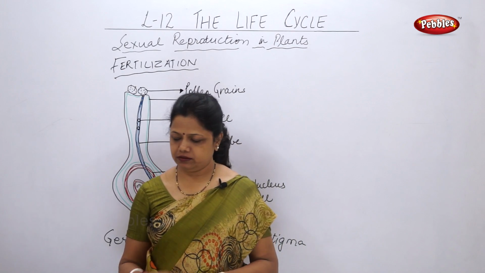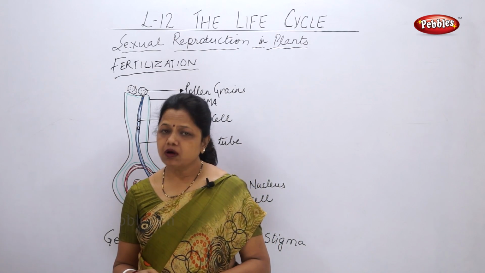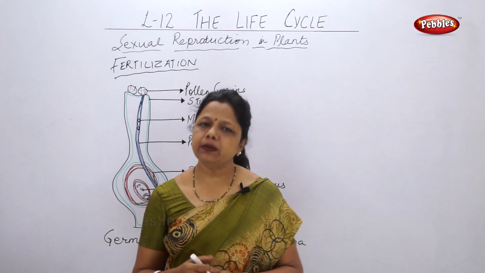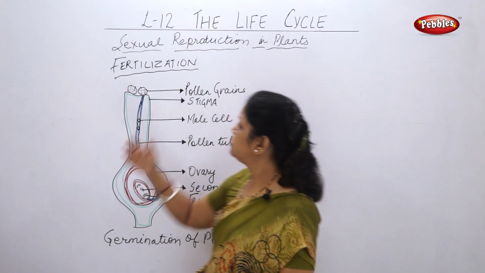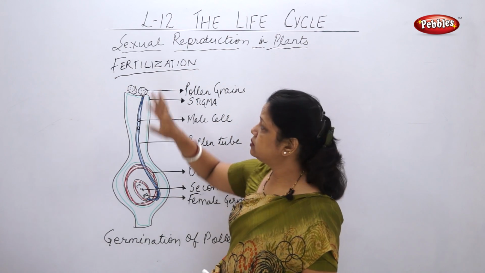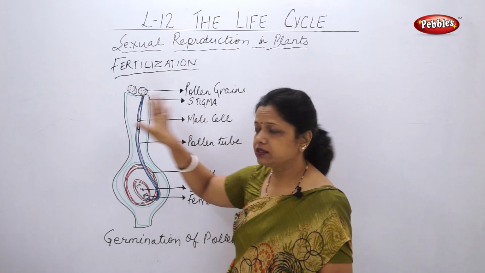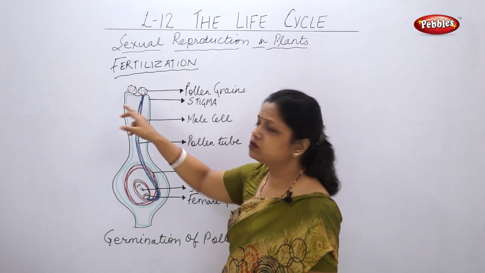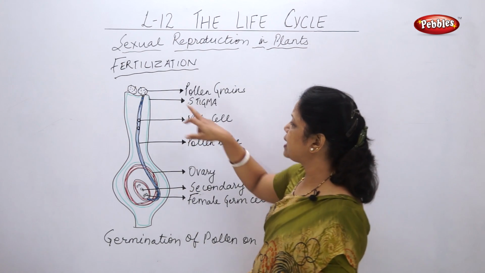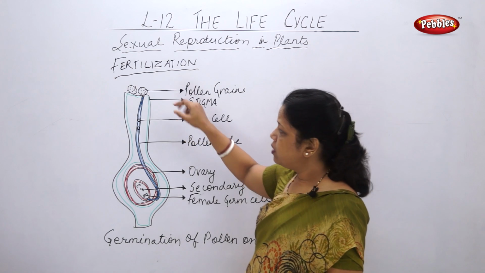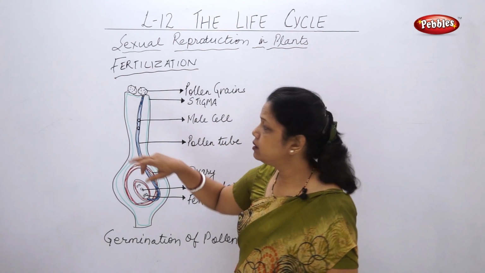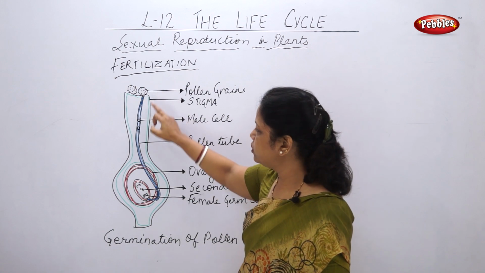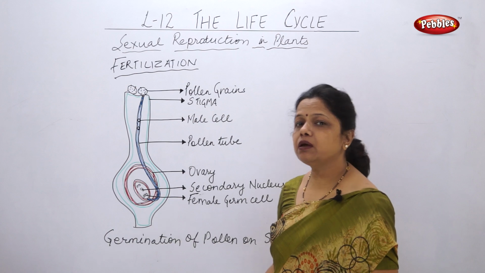Now we saw pollination. As I said, pollination is a process of transfer of pollen grains from the anther to the stigma of the female reproductive organs. Now what happens when the pollen grains come on the stigma? Now we are going to understand the fertilization process. Pollen grains, with the help of pollination, have come on the receptor of the female reproductive organs, and that receptor is called the stigma. Once the receptor takes the pollen grain, a tube starts forming there. This blue colored tube which I have made is called a pollen tube.